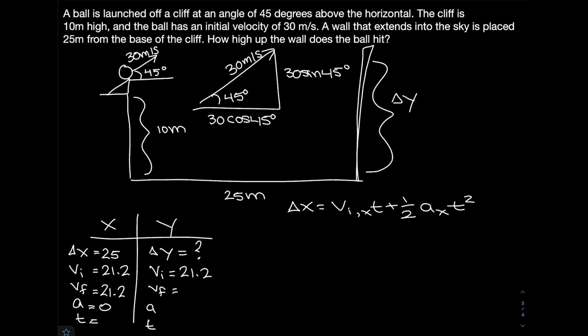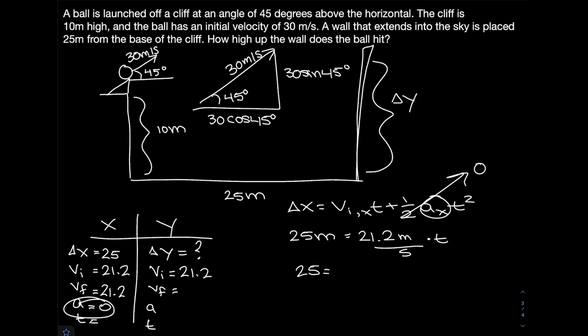Okay, so now we are able to solve for time based on what we know here. In the x direction, we know it's going to travel 25 meters, and the initial velocity is 21.2 meters per second, and then we have time. And notice that the acceleration is 0 in the x direction, so this whole term goes to 0. So now we have 25 is equal to 21.2 times t,